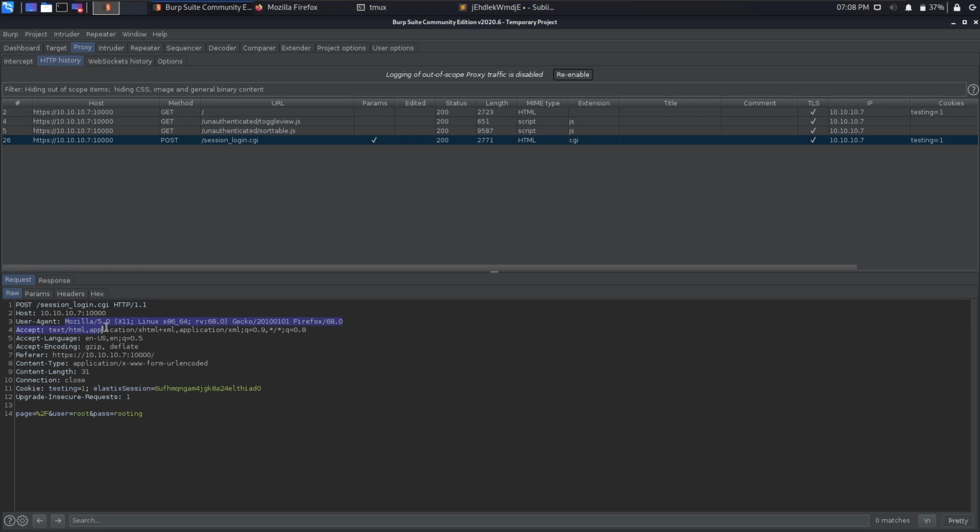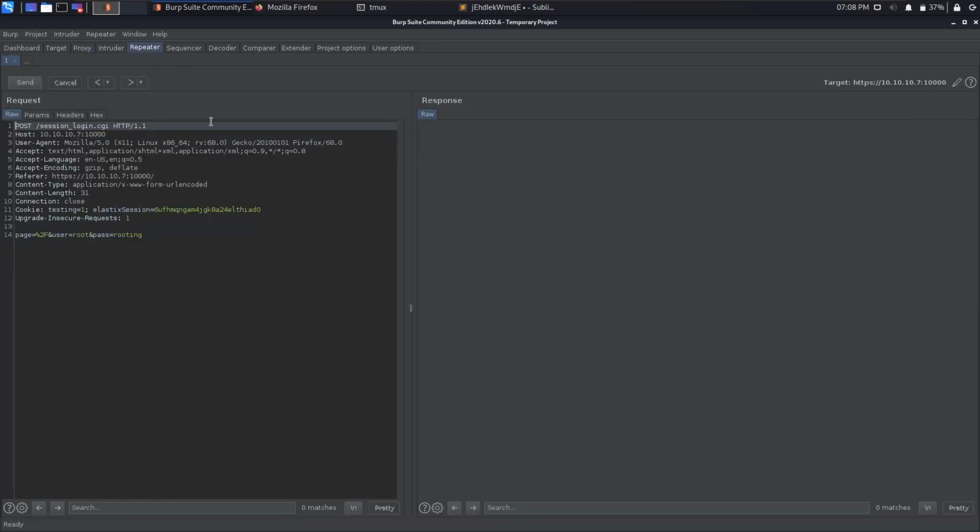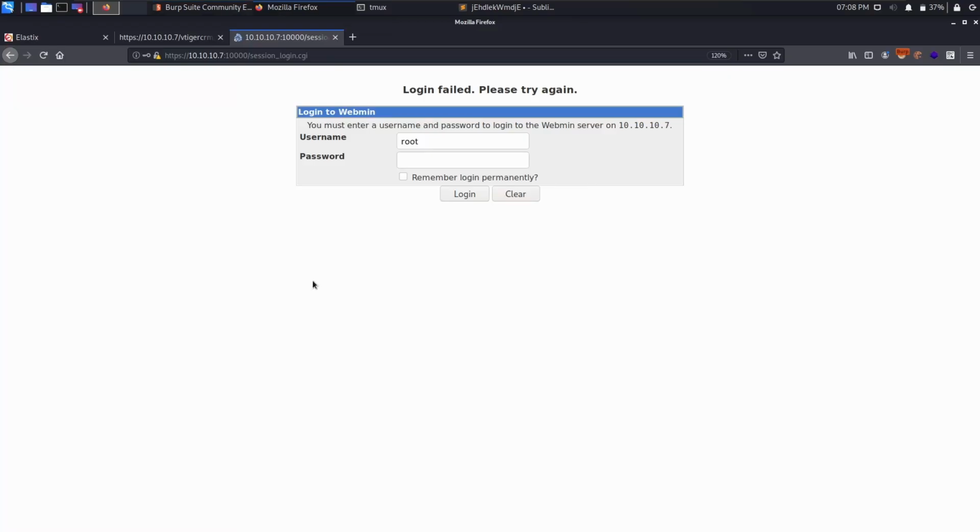Essentially over here we are going to be adding a payload here, so let me just send it to Repeater over here. Now we do need Shellshock,